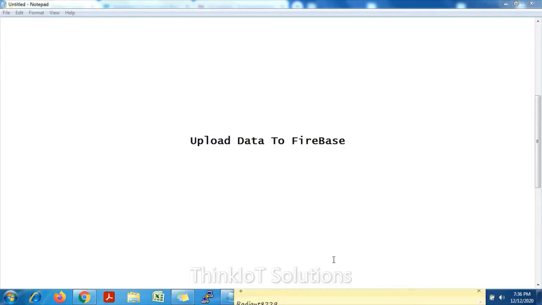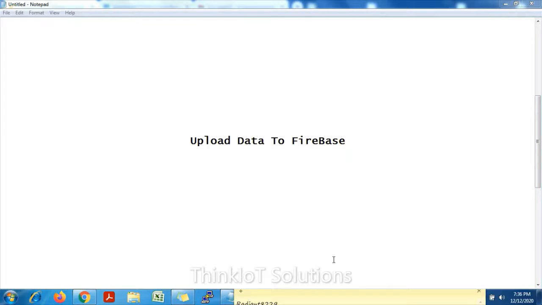So in today's session, we will look into the programming part, right? What is the program that is used for uploading the data from our Raspberry Pi to the Firebase server. And as you know, we are all working on the AWS server. Why? Because the programming on Raspberry Pi and AWS server is one and the same. So let's look into the programming part.